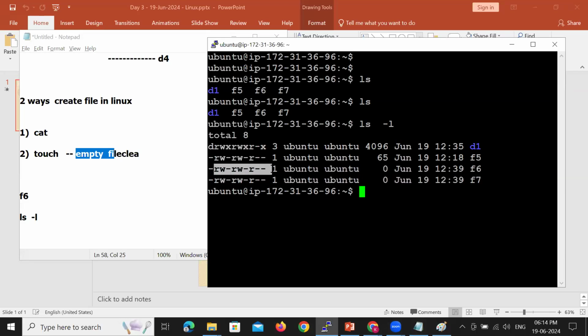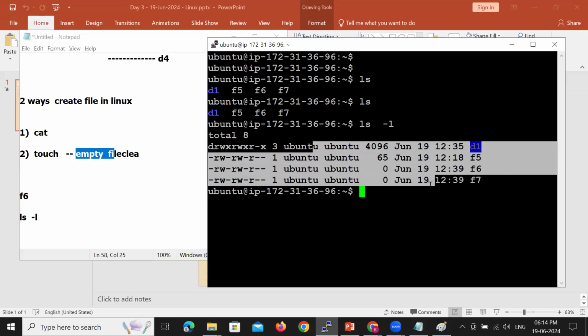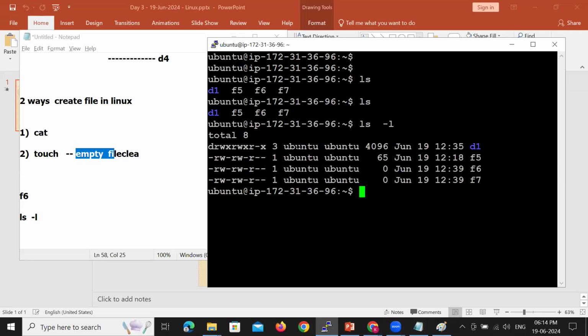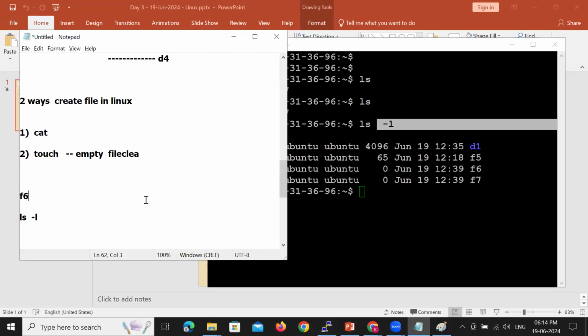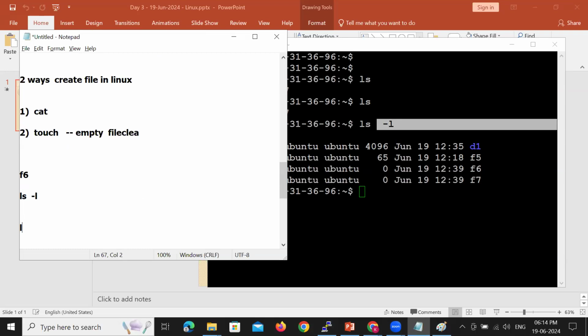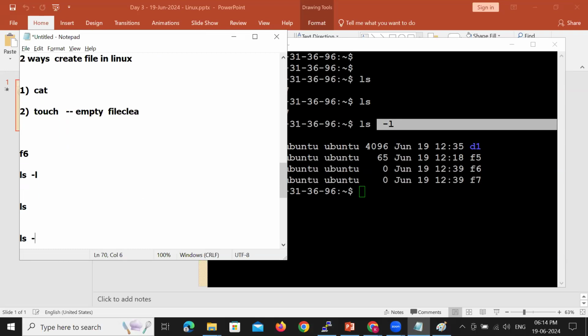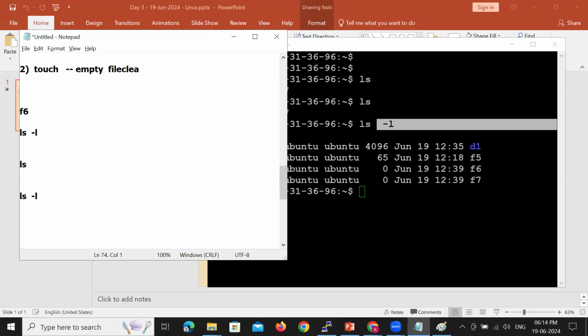This is the permissions of the file. Files have read-write permissions. Anyway, I'll explain it later. This is the owner of the file. This is the group it belongs to. So you can not only list out all the files, you can also get more information about the file by using -l for long list. Normal ls will just give you files, while ls -l will give you a list of files as well as directories along with details.